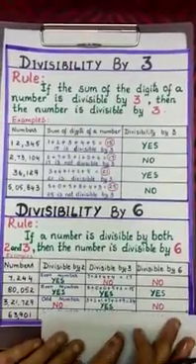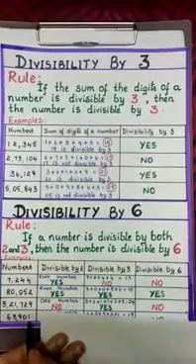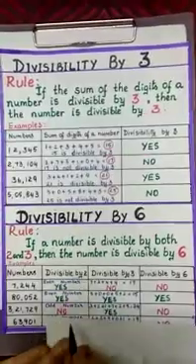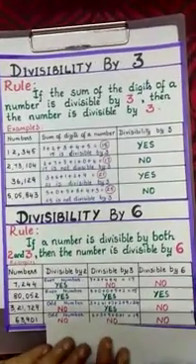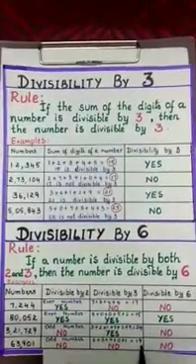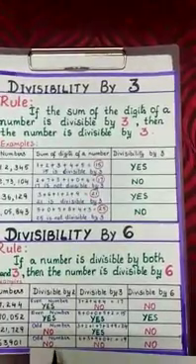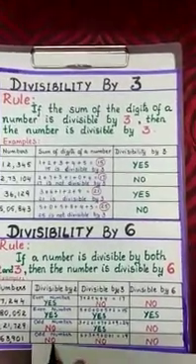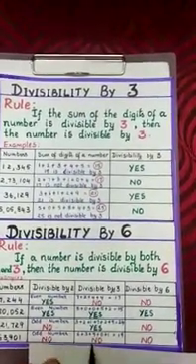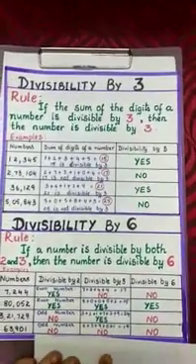Now the last one, 63,901. Now what is the digit in ones place here? 1. Here 1 is an odd number, so this number is not divisible by 2. If you see the sum of digits, which is 19. 19 is not divisible by 3. So here one thing you remember, once you get no here, actually no need to check the other one, but I checked it here. In both cases we got no here. So finally this number is not divisible by 6.